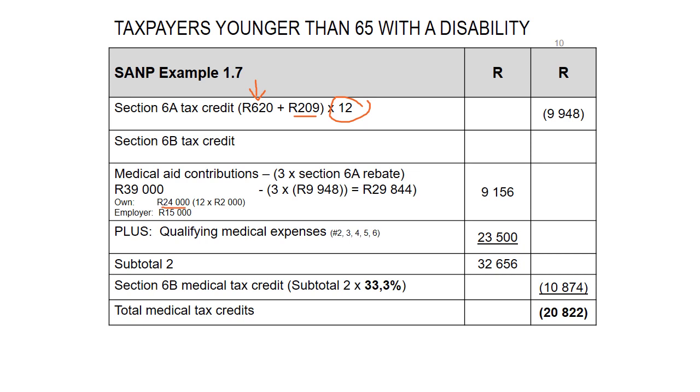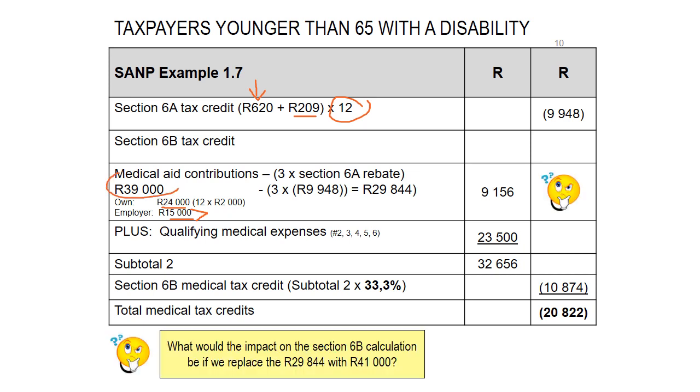To calculate the Section 6B tax credit, I take my medical aid contributions, which is Lisa's own, which is 2,000 multiplied by 12, 24,000, as well as that of her employer, 15,000, because she would have been taxed on this 15,000 as a fringe benefit. So we include both of those amounts when calculating her medical aid contributions. Because her son has a disability, we will reduce that 39,000 Rand by 3 times our Section 6A medical tax credit, and this effectively gives me subtotal 1,